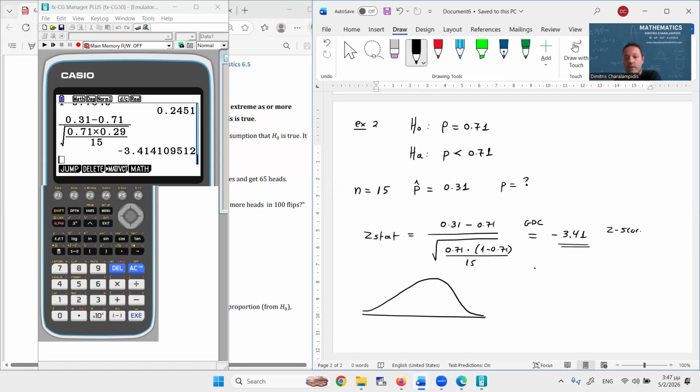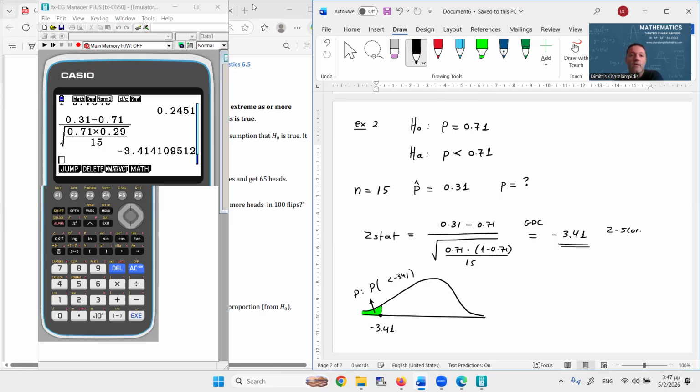Somewhere here, we get the value of negative 3.41. The p-value, remember, has to follow the flow of the alternative. Since the alternative suggests less than this, the p-value is the area of the probability of being less than negative